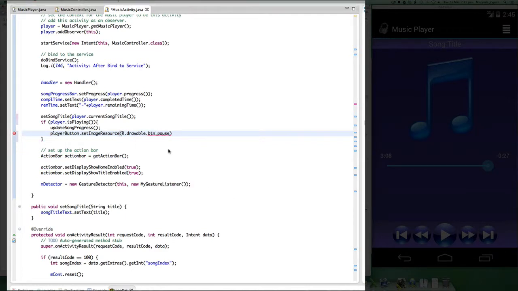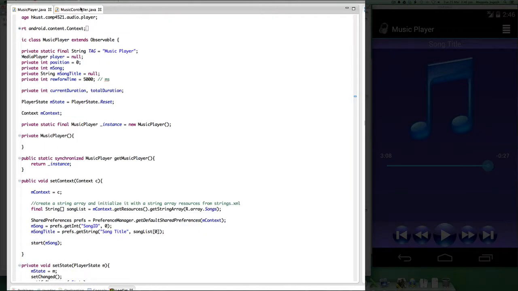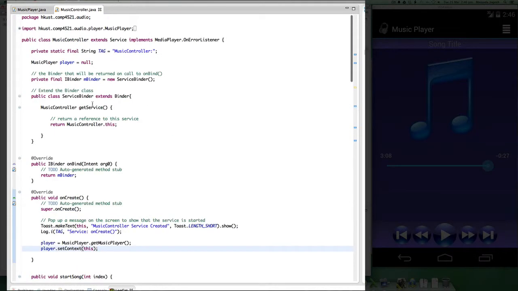Button pause. So with this couple of minor corrections to musicactivity.java, let's now go and see how we can make use of the notifications